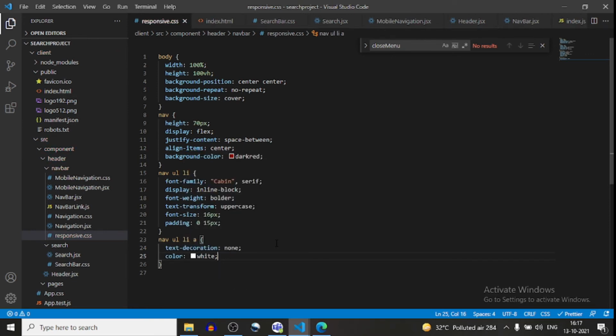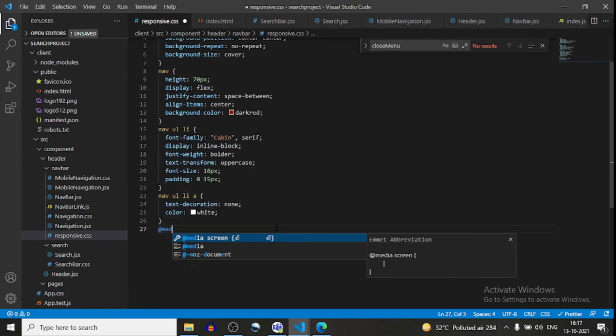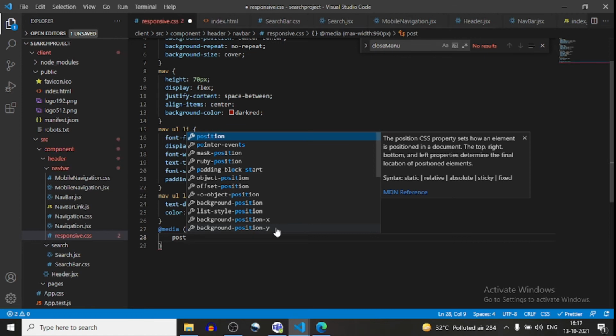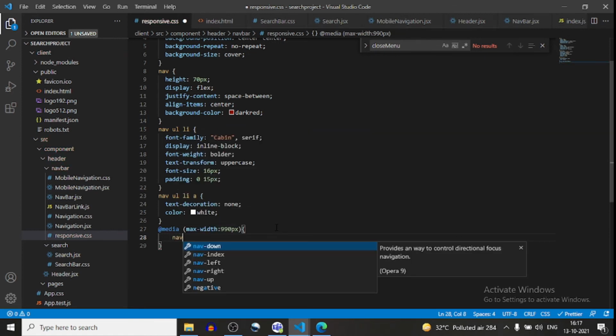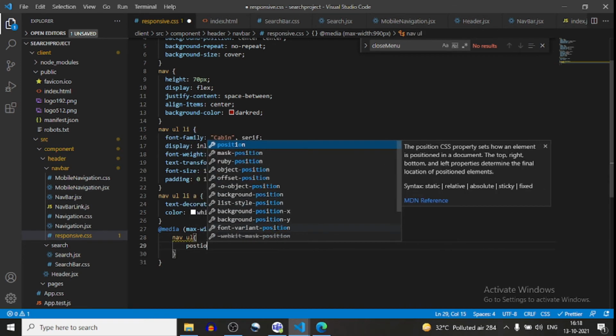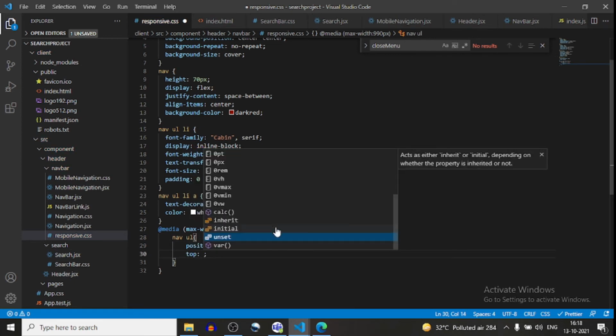Okay, now here I have to define the media query. So what the media query will do, whenever a screen will come in the maximum resolution, maximum width is 990 pixel, then what should happen, then I can define nav ul position will be set, from top it will be 70 pixel.